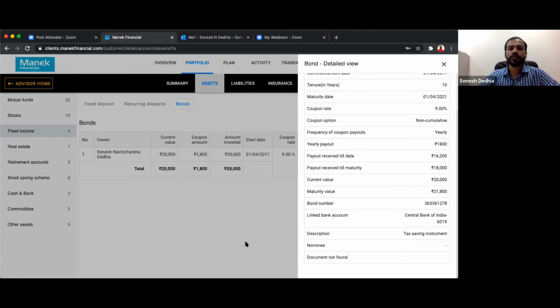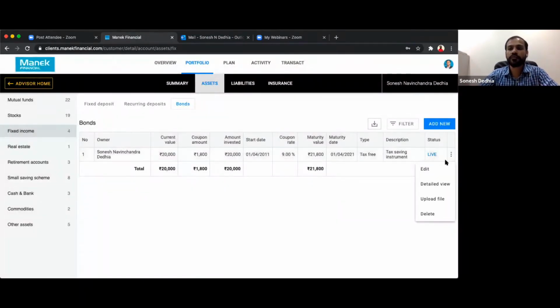So what you can also do is ask the customer to keep those documents ready. You can go to him, click the photographs, and upload those photographs here. Once you upload those files, they will be visible in the document vault, where the documents will be ready for viewing for him, for sharing, downloading, and for you also, where you can refer to those documents and do a good data entry.